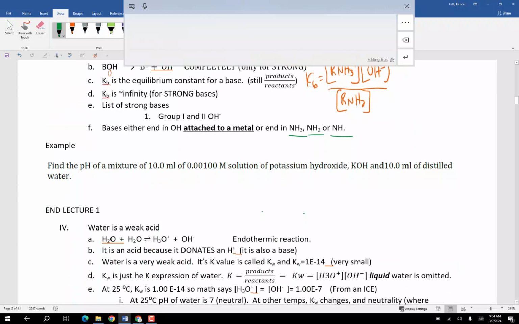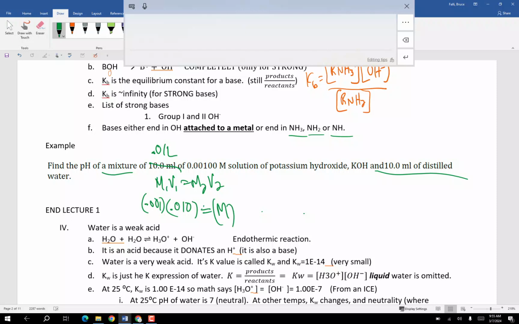All right, take a look. Find the pH of a mixture of 10 milliliters of 0.01 molar solution potassium hydroxide, KOH, and 10 milliliters of distilled water. So I'm mixing these two, so I'm diluting it, right? I'm just diluting it with water. So I'm going to do my dilution equation. M1V1 equals M2V2. My original molarity is 0.01. Whoops. And my original volume is 0.010. Remember, you gotta be in liters. Equals new molarity. And my new volume, since I added,